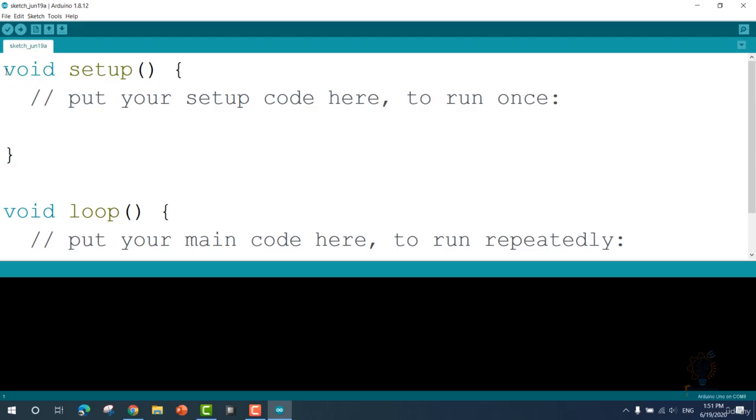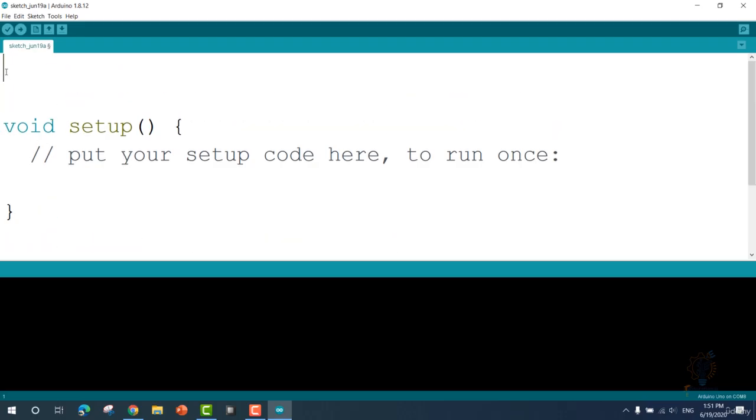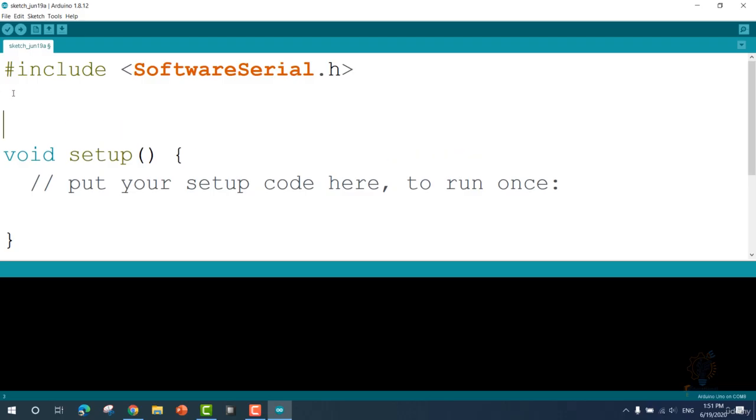Now, the first thing that we need to do is include the soft serial communication protocol. So include SoftwareSerial.h. Now, the software serial